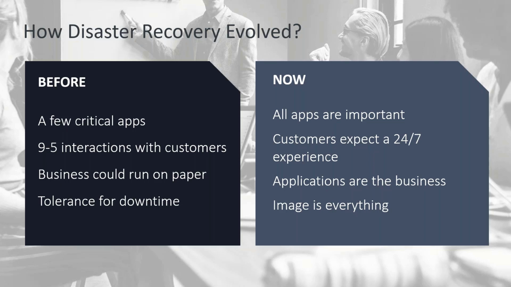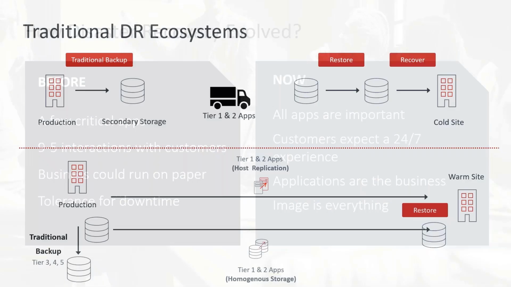And then image is everything. This is something we hear if you think about it from a disaster recovery perspective, whether it's some kind of environmental outage or whatever, or a ransomware attack. If you look at the news every day, you see businesses that are being hit. So image is very important for a business, and making sure that you have a process that's going to work, a plan that you've tested, and that you're going to be able to react and keep the business up and running when the disaster occurs.